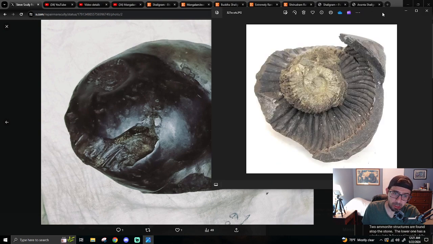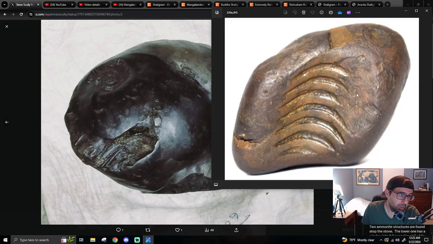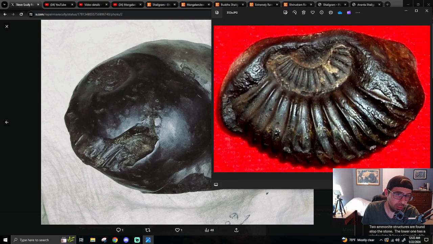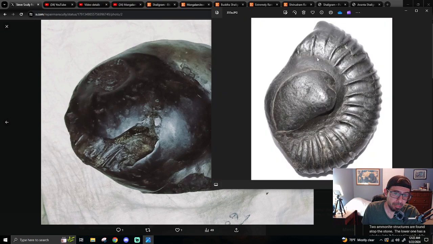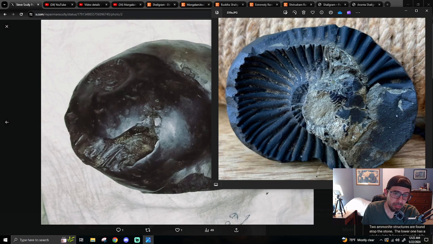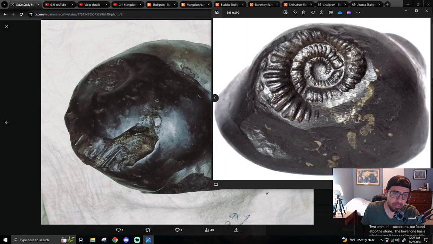Okay, so let's move past that one, because that's really not it. This is kind of like an opposite, where there's actually a mass and then a negative, where in this case there's a negative and then a mass. This might be kind of like a negative down here. I don't know. Doing it again here, where it actually breaks there,